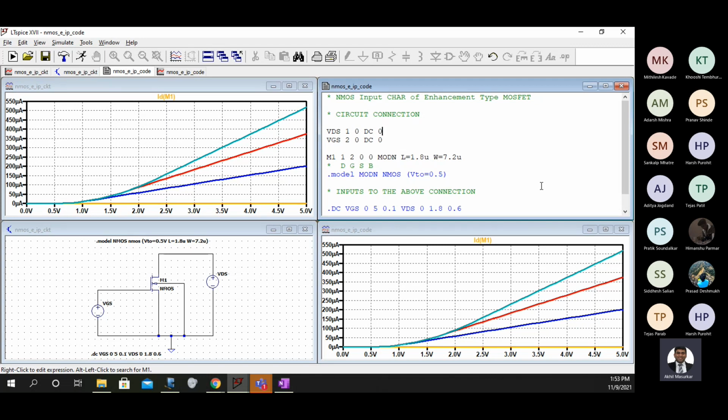So we have here two implementations of the same circuit, one using the code and another using the schematic. So now you all will show me both of these and post these answers in the chat box.